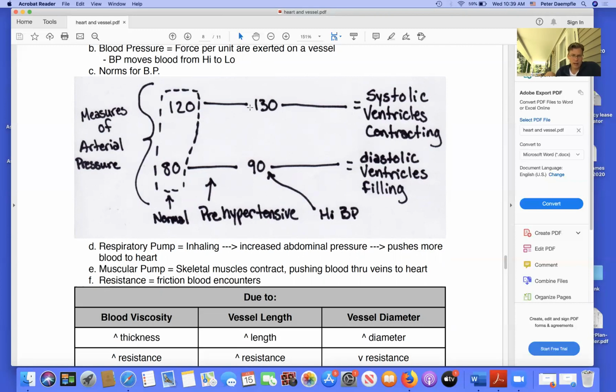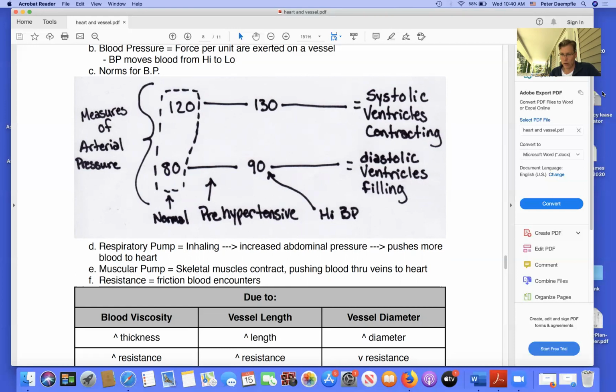What do these numbers mean? When you put a blood pressure cuff on, you basically restrict flow of blood to the rest of the arm. The cuff prevents any blood from flowing through, and then you ease up and allow blood to flow through. You listen right over here to the swishing of blood. As the heart overcomes the cuff, you will hear the first lub-dub, and swishing of the heart. That will give you your systolic number. That's your high number. The pressure at which the heart overcomes the